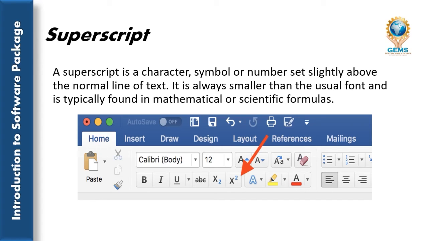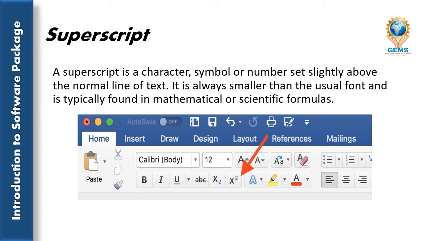How do you use superscript and subscript in your documents? Open an existing document and select the text where you want to apply subscript or superscript. Select the particular text. If you want superscript, go to the Home tab, find the icon and click superscript.